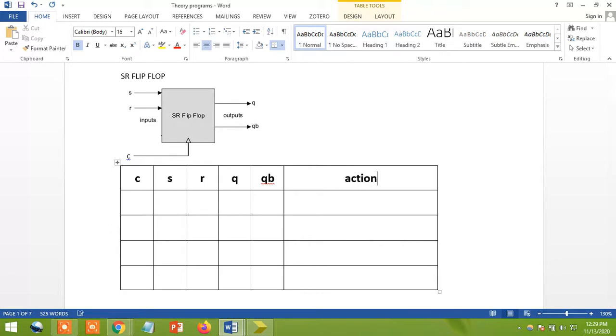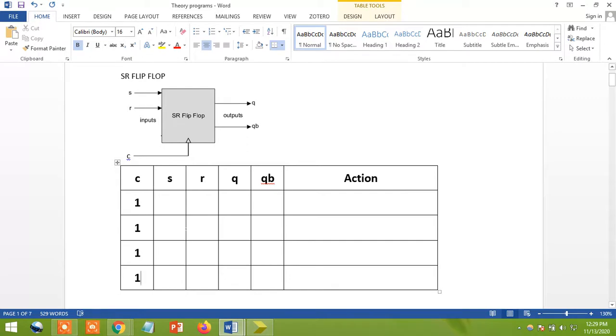What is the action I need to take place? According to this block diagram, we need the rising edge of my clock. You can see this is the rising edge of my clock. Then I take this value as 1, so only if it is 1 does it take place. Or otherwise you can write the rising edge symbol, your wish. If the clock is 1, then all the conditions take place. Rising edge means I take a 1 only.